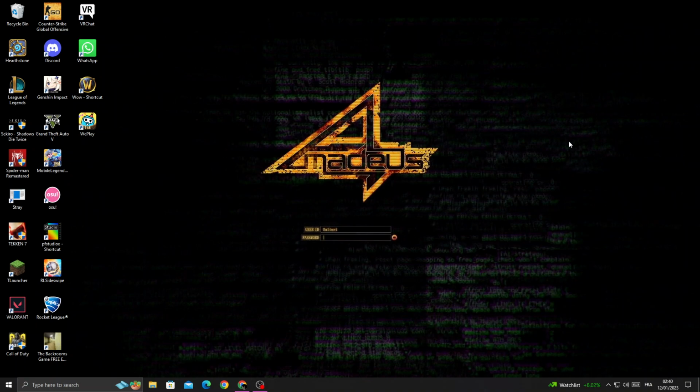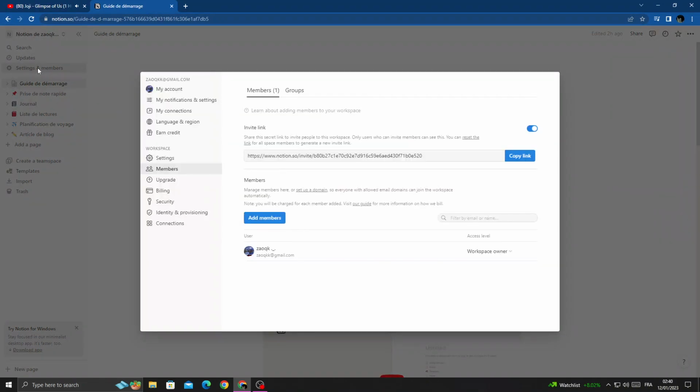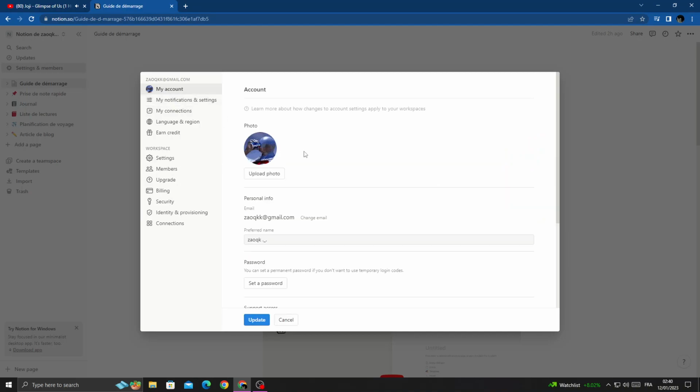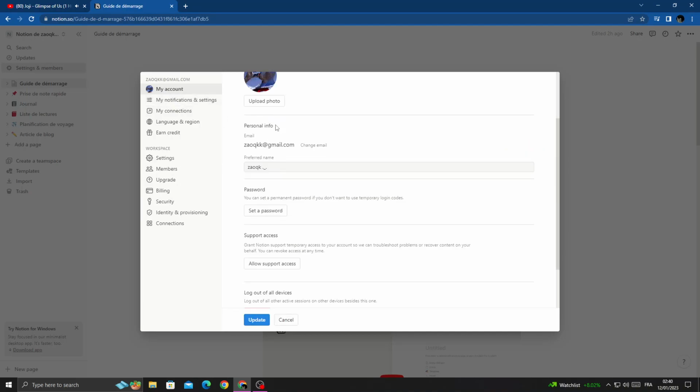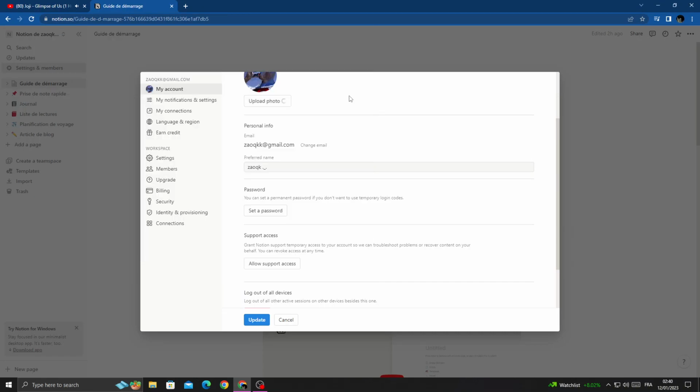First, open your browser and here we'll find settings and members. Click on it and then click my account, and if you want to add it, first click upload photo and then select any photo you want here,